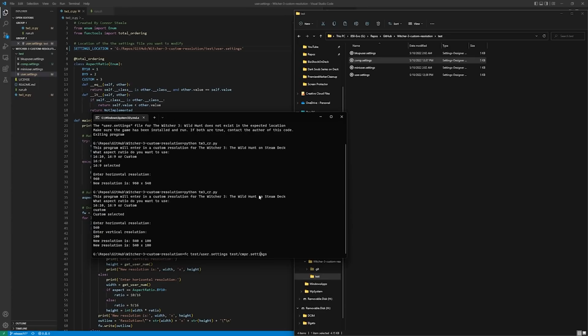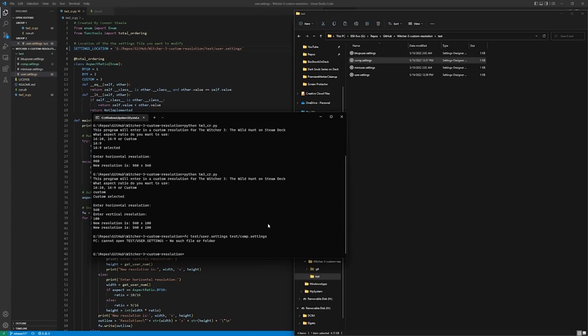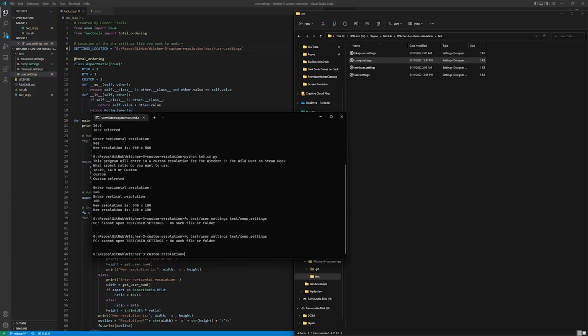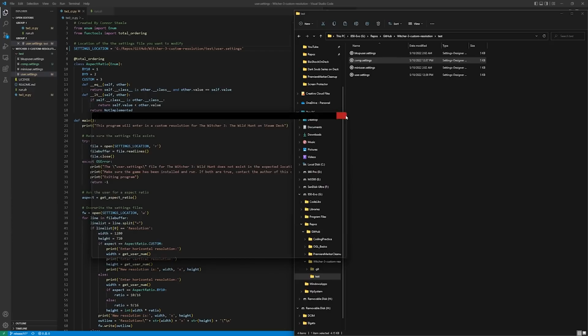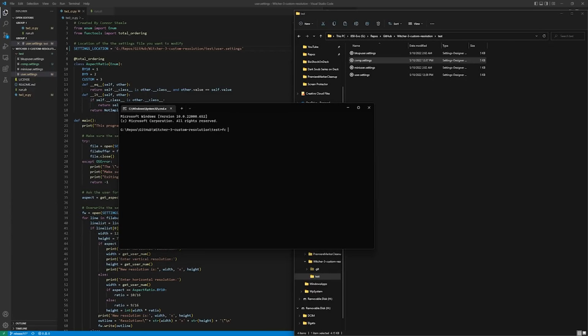Comp.settings. No such file. Let's see. Let me just open it in here to make sure that I'm not making any mistakes. So file compare and then